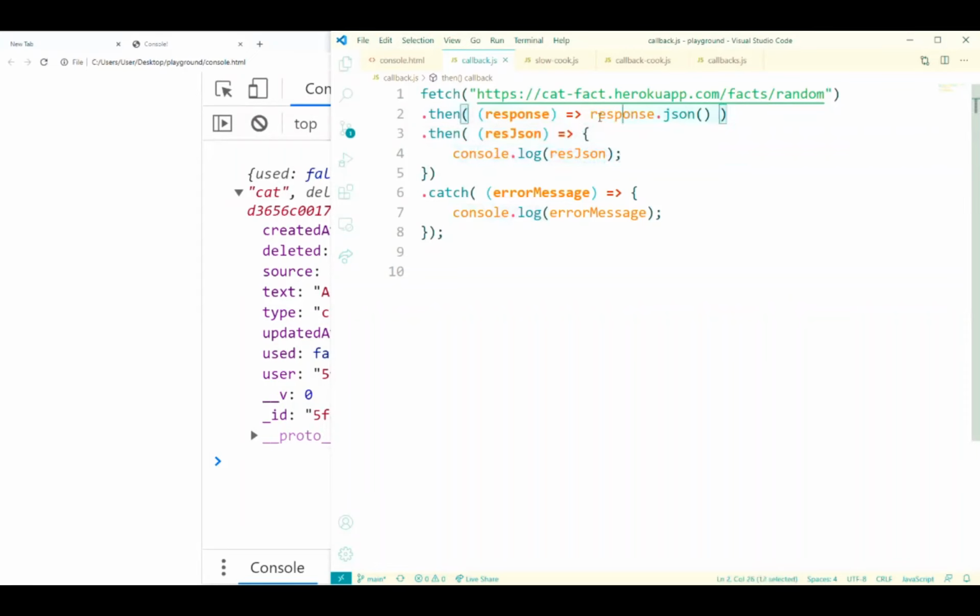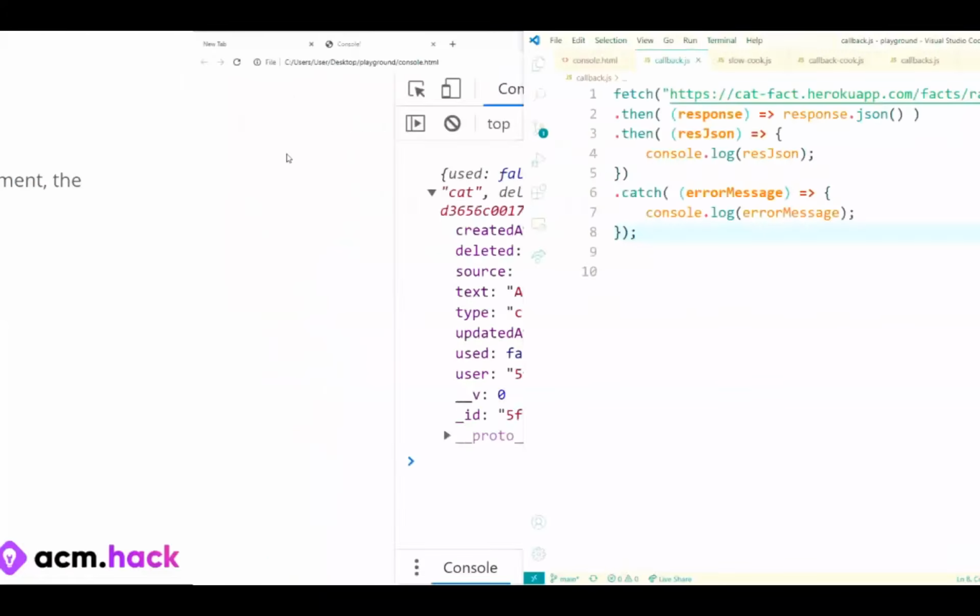If we console.log response, we won't get anything useful from it because JavaScript can't actually use JSON. We need to use a JavaScript object, and .json is how we convert to it. Right. Okay, so does everyone understand what we did? Let's go back to our slides.